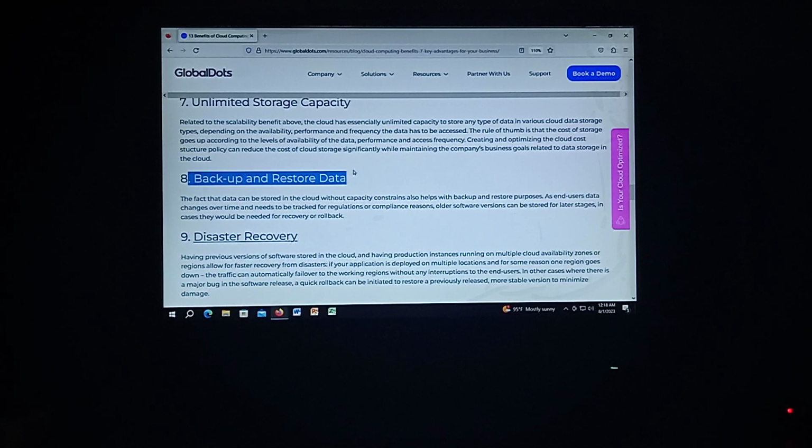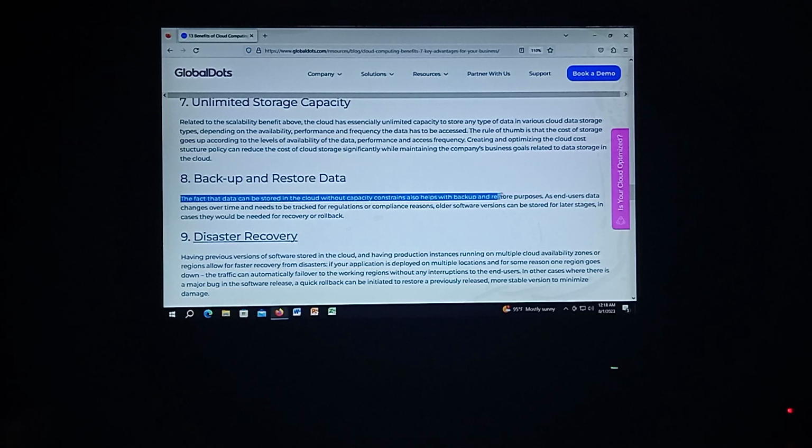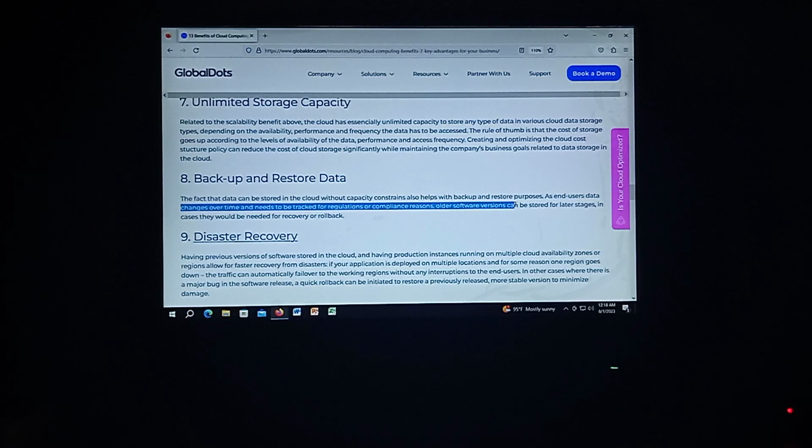Backup and restore data. The fact that data can be stored in the cloud without capacity constraint also helps with backup and restore purposes, as end user data changes over time and needs to be tracked for regulation or compliance reasons. Older software versions can be stored for later, in case they are needed to recover or